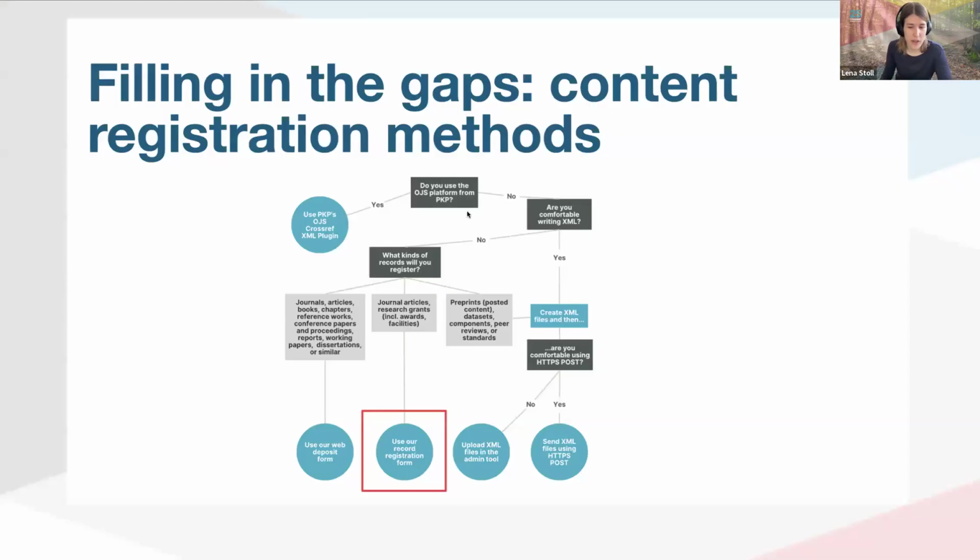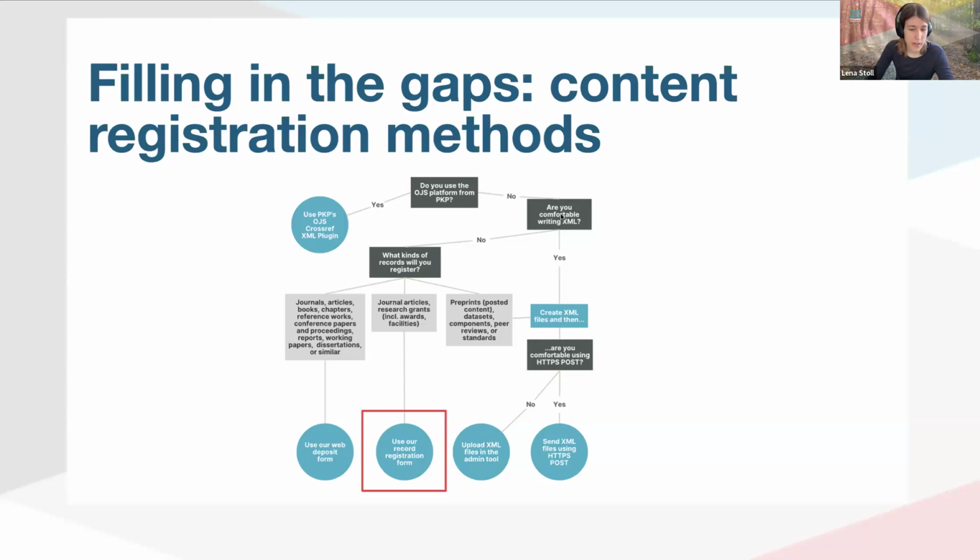We have a number of different ways of doing that. And in our website documentation, you can find a flowchart to help you decide what the best method is for you. Many of our members use manuscript tracking and management software that has an existing Crossref integration or a plugin, such as OJS. In that case, the member typically just has to get everything set up in that system by entering the Crossref account credentials and so on, and then the system sends metadata automatically to our deposit system in XML format.